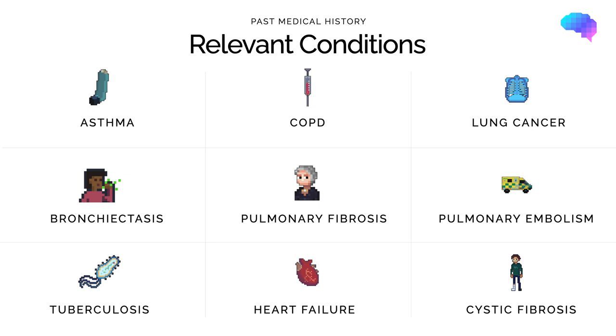These are some relevant conditions you may identify in your respiratory history. Many of these conditions are long-term conditions, and patients may be undergoing active treatment and present with symptoms related to these conditions. For example, a patient with chronic obstructive pulmonary disease may present with an exacerbation of their disease, or a patient with asthma may present with a worsening of asthma symptoms or an asthma attack. There are increasing levels of multimorbidity, which is the presence of several long-term conditions. So you may find in your respiratory history that a patient has several of these conditions.